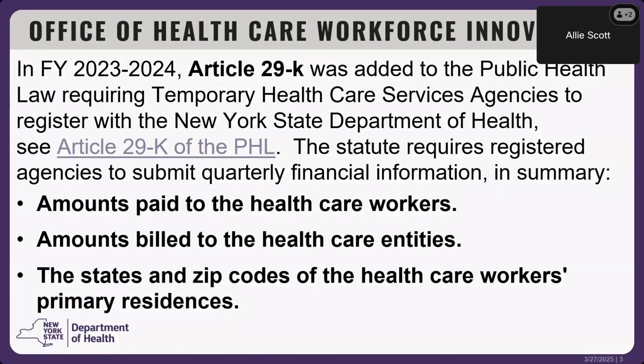So, quick overview of the statute that brings us all here today, which is Article 29-K. It requires that temp staffing agencies register once per year with our department and report temporary worker information at the end of every quarter. This quarterly reporting is part of a package comprised of various items containing financial, geographic, and demographic characteristics. If you are interested in looking at the specifics within this statute, I welcome you to visit our website, or you can click on the link in the slides for Article 29 of the Public Health Law.